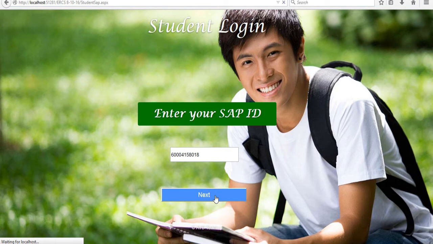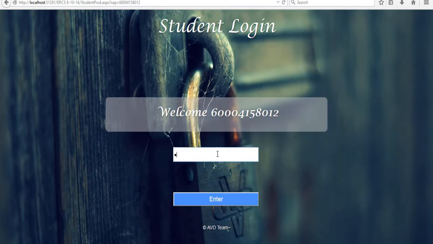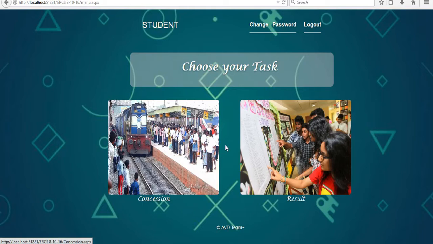If the student is using it for the first time, a randomly generated password is being mailed to the student. After entering a valid SAP ID, we are redirected to enter the password. The password for first-time users will be the randomly generated password. After that we are asked to choose our task, which is either to apply for concession or to check the